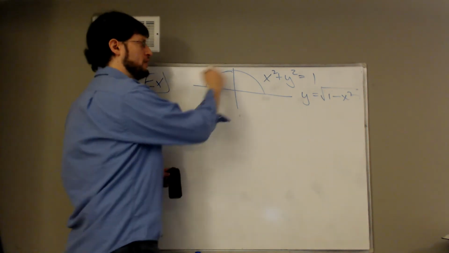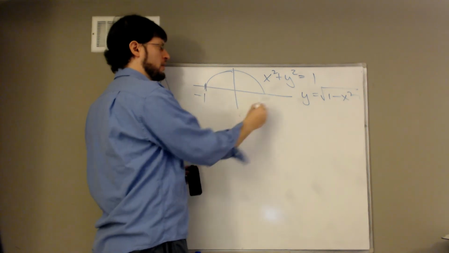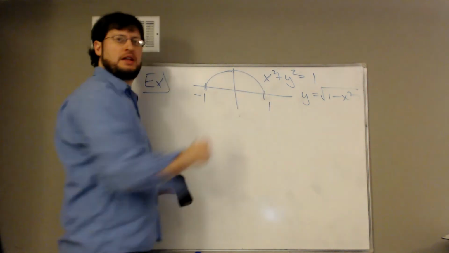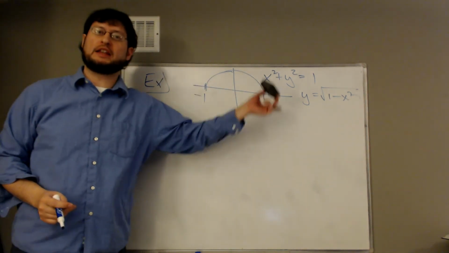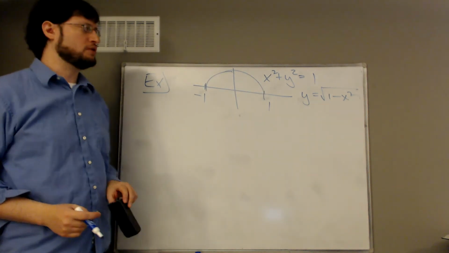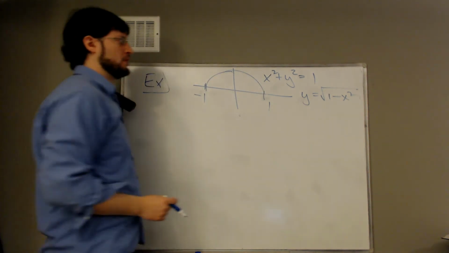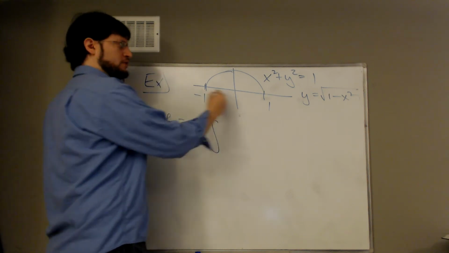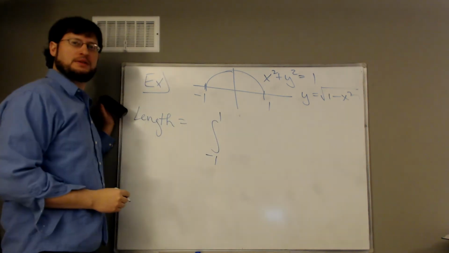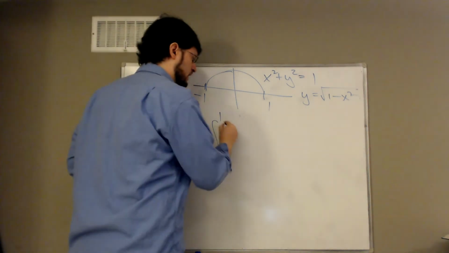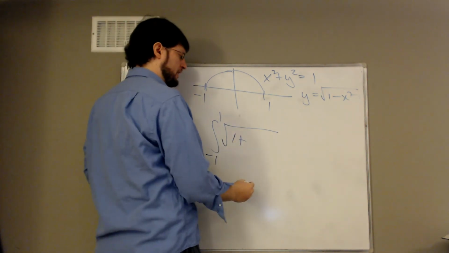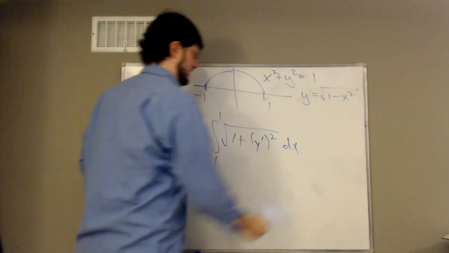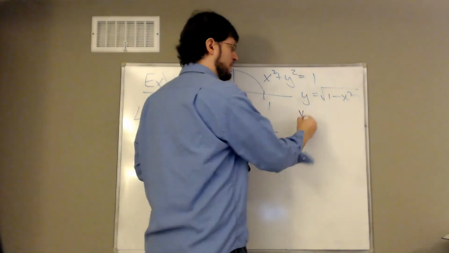And let's ask, what is the length? So this is minus 1, and this is 1, because it's a circle of radius 1. Let's apply our formula and come up with the length of that curve. We already know what that length is, because we know what the circumference of a circle is. But we want to make sure our formula actually works. So the length will be the integral across the x values in question, minus 1 to 1, of the square root of 1 plus y prime squared dx. Well, y prime is